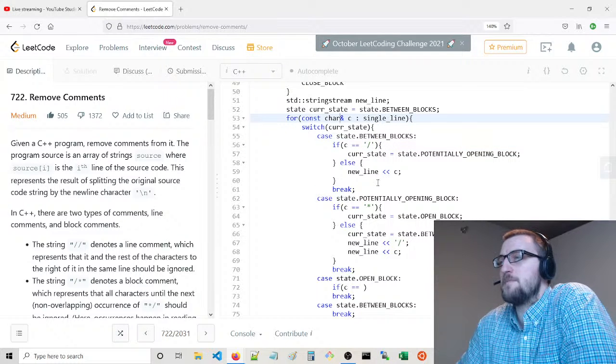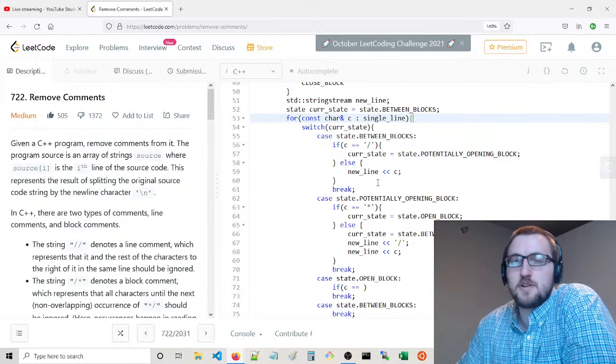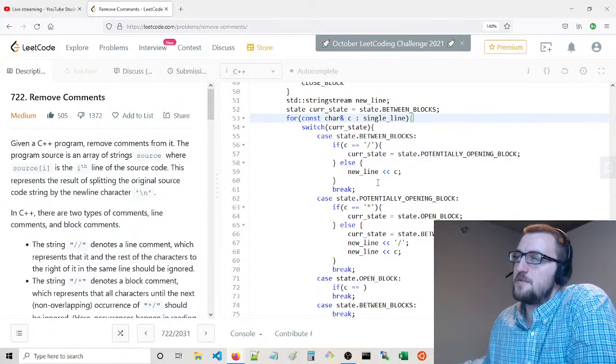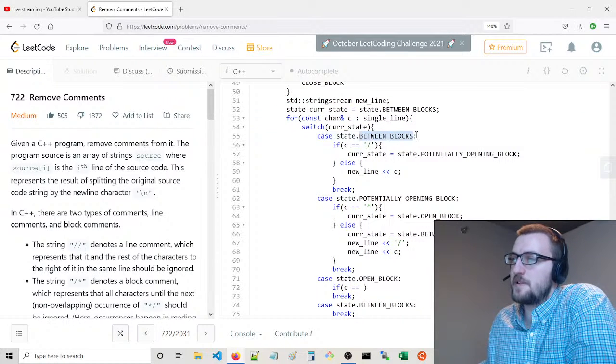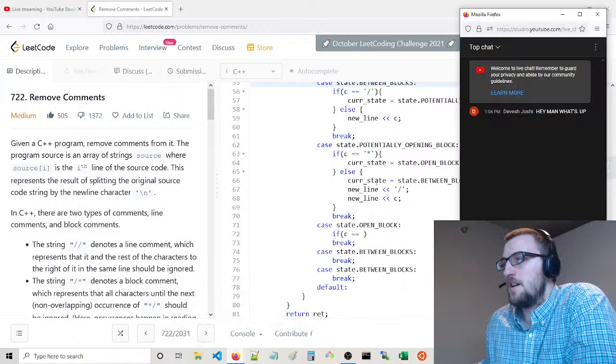So actually there's one more thing you need to do. That's also a tricky thing, we'll get to that. Basically, processing one more character at the end, depending on what state you're in, you may need to do a little bit of extra processing at the end. We'll come back to that though. We just have to remind ourselves to do that.